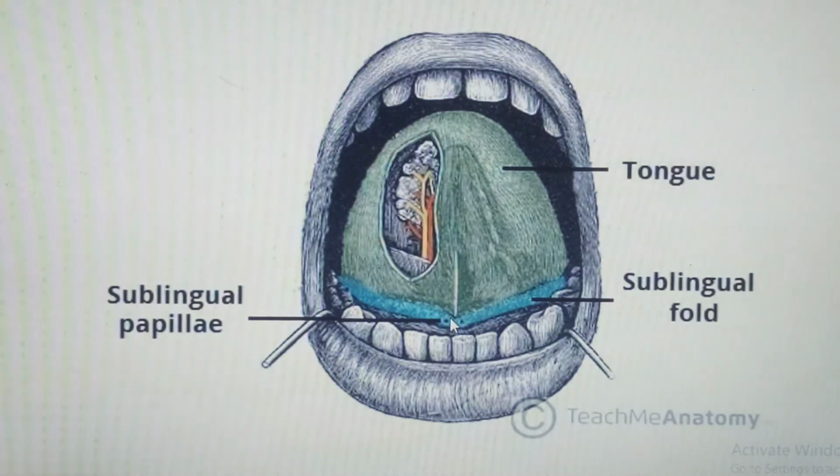But what happens is that there's an elevation that is created, and that elevation is known as what we call plica sublingualis or submucosal fold. So as the ducts come, they create that kind of submucosal fold over here. And they're actually going to combine around this area, these submucosal folds, also known as plica sublingualis, which meet at the midline, at the base of the lingual frenulum, to form what we call the sublingual papilla. So one important thing that you have to know is that